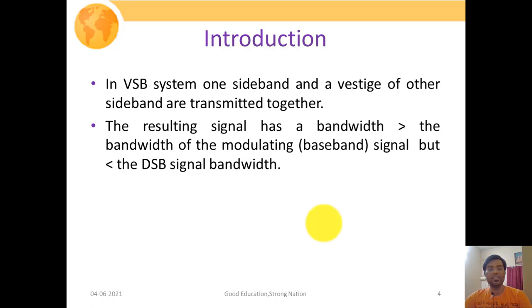Although in our SSB systems we had already discussed that both the two sidebands carry the same information signal, if somehow we can get one of the sidebands completely, then our purpose of communication could be fulfilled. But still, in this particular case, there are specific signals which possess most of the information content, or you could say significant information content, at the lower frequency bands, and